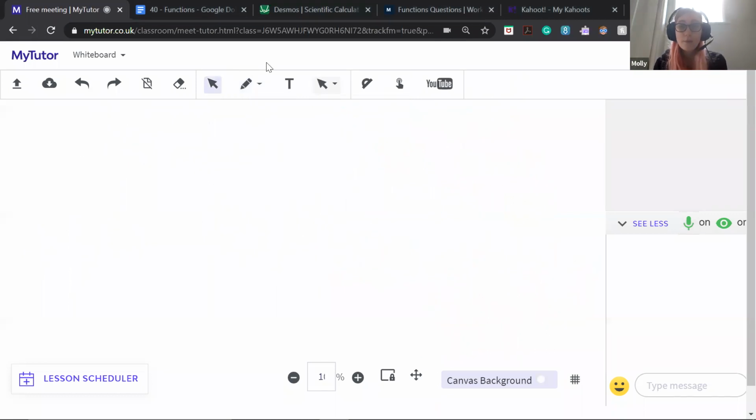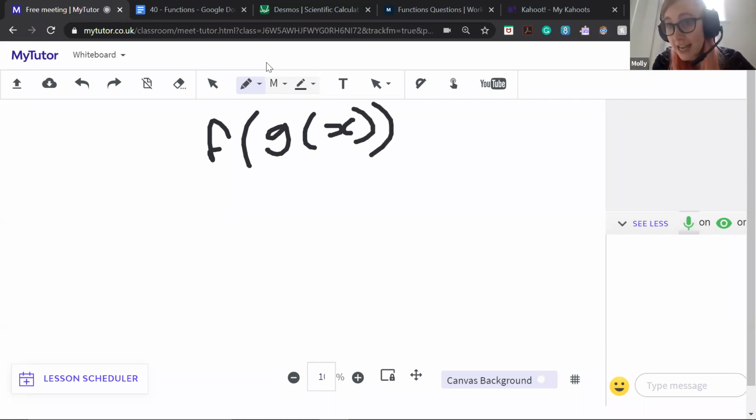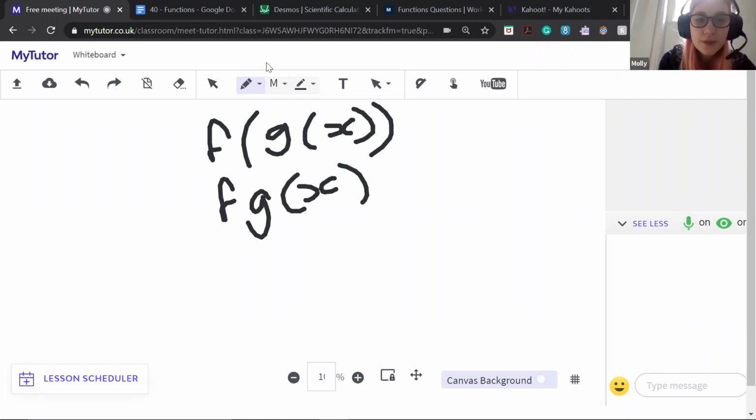Okay. Before I start, I just want to talk about other ways of notation. So, we've said that we can either write this as f of g of x, or because mathematicians are lazy and like to shortcut wherever they can, we can just write fgx. The other thing that we can see written, and this differs either between exam boards or between papers, so it's good to be aware of all of them, is